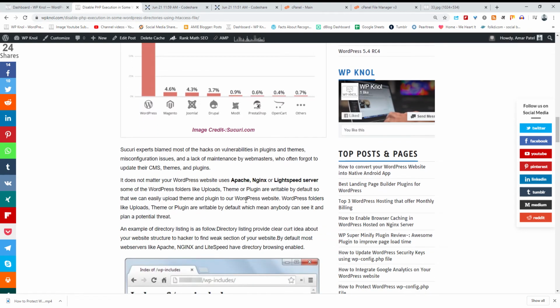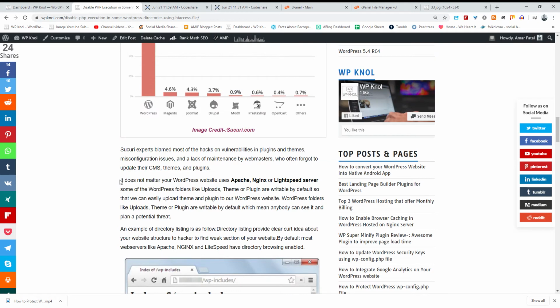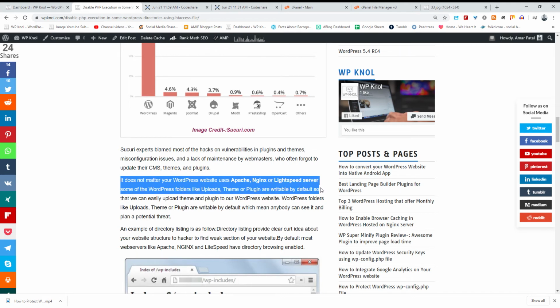So let's learn about the WordPress directories. It doesn't matter whether your WordPress website uses an Apache server, Nginx, LiteSpeed or Windows servers. Some WordPress folders like uploads, themes or plugins are writable by default, so that we can easily upload themes and plugins to our WordPress website.